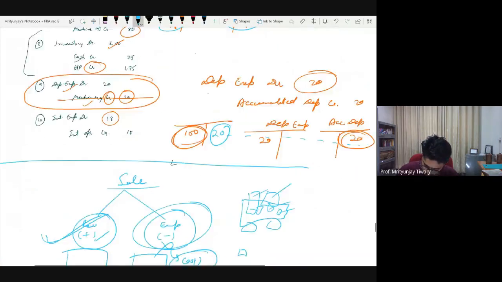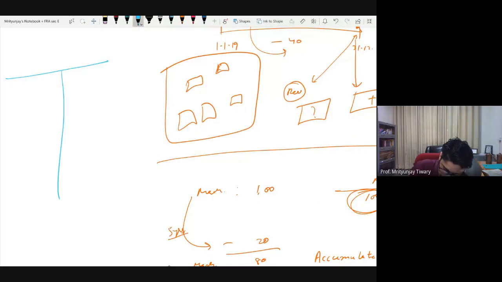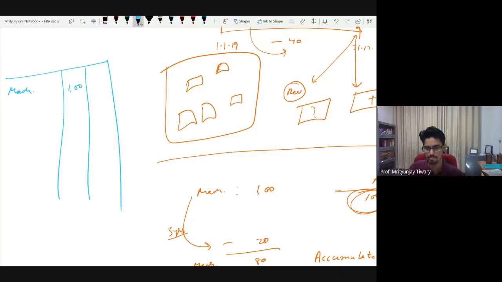How will it get reflected in the balance sheet? Let me show it to you now. So this is how things will look in my trial balance. Now I will have machinery, as opposed to 80 lakhs, which was the earlier value. Now it will continue to show the value of 1 crore, on the debit side. Let's say this is the debit side, this is the credit side. Then I will have a depreciation expense, 20 lakhs. And then I will have a new head called accumulated depreciation, 20 lakhs. So that information will reflect like this in the trial balance.